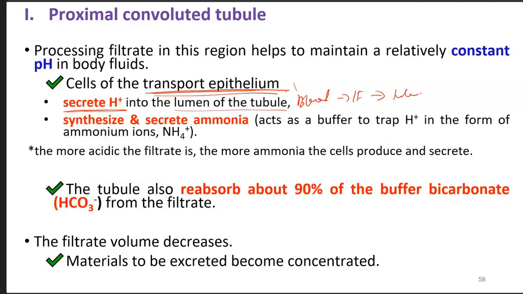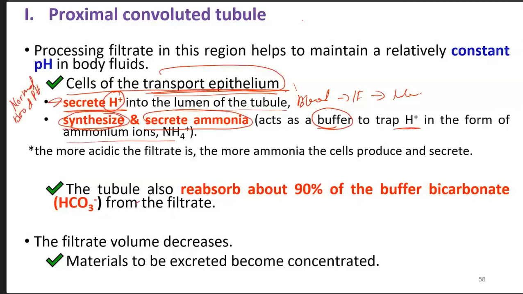So hydrogen ion are secreted into the lumen of the tubule, and the cells synthesize and secrete ammonia, which acts as a buffer to trap hydrogen ion in the form of ammonium ion, NH4+. That is the ability of the cell of the transport epithelium. It synthesizes and secretes ammonia to function as a buffer to trap hydrogen ion from the blood. So this is to maintain the normal blood pH. The normal blood pH has to be maintained at 7.4